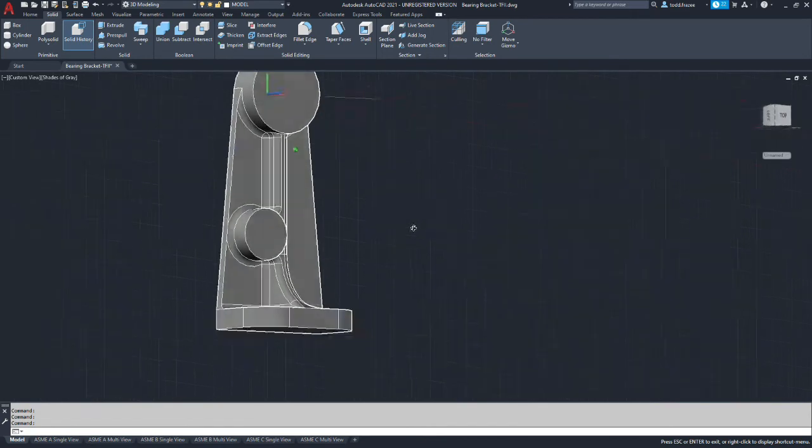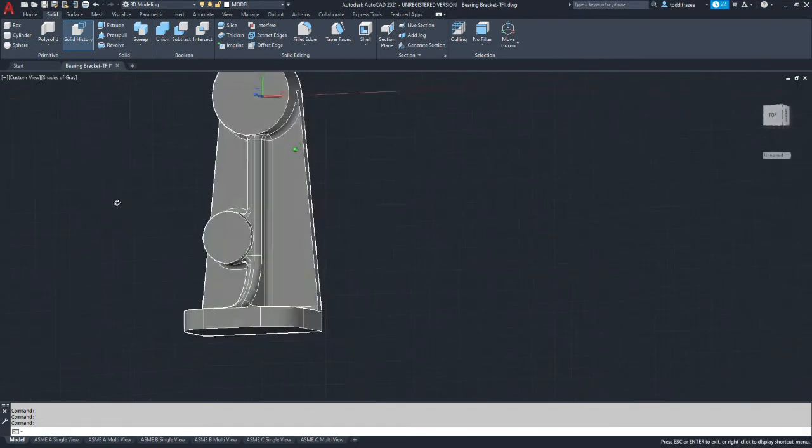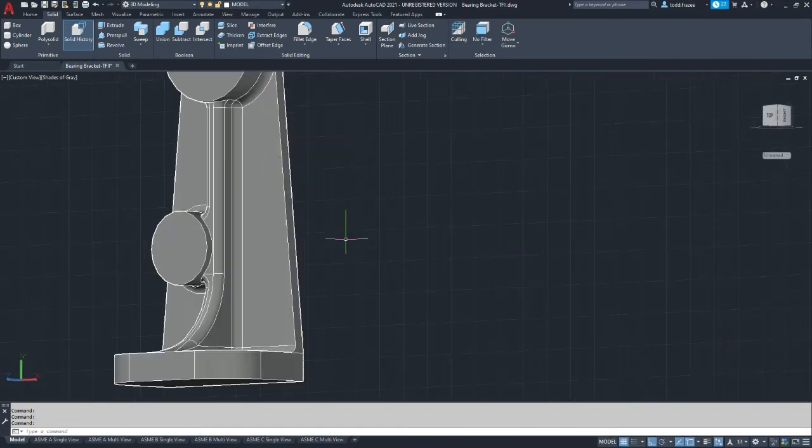I believe it's having trouble calculating the transition around this boss and the transition between this boss and the corners. So perhaps order of operations. On a previous part, I tried to include the fillet and round in a different stage so that everything that met the same plane worked. It didn't work on this part.